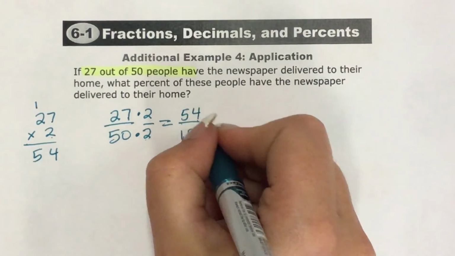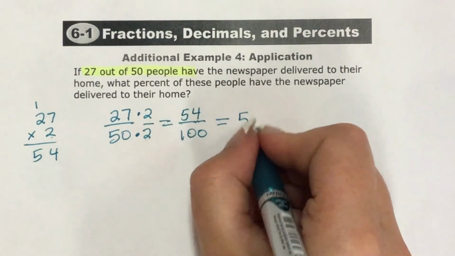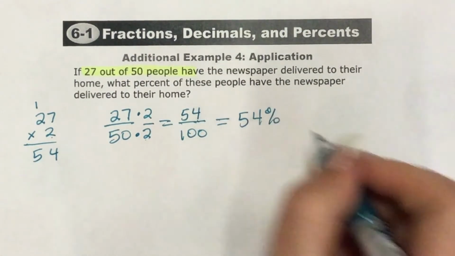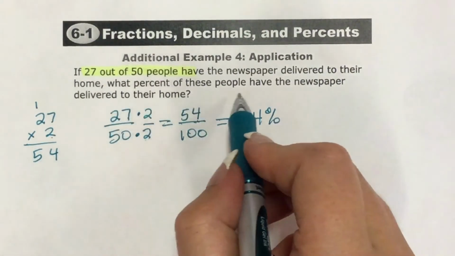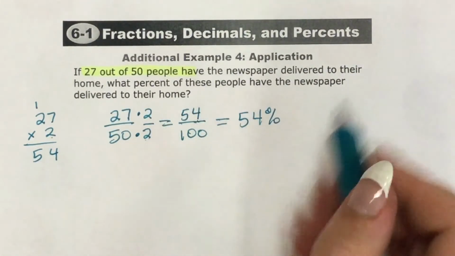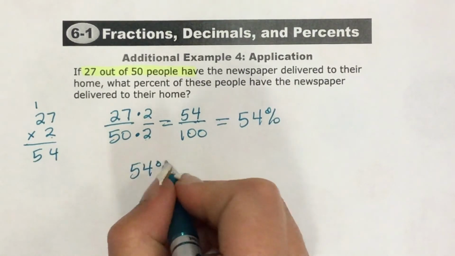So 54 out of 100 would end up being 54%. Okay? So what percentage of people have the newspaper delivered to their home? 54%